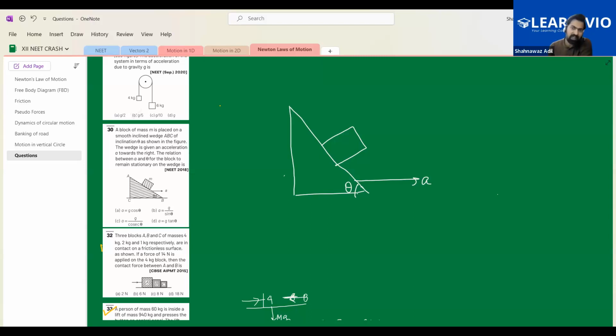We have to use the idea of pseudo force. And we have seen that F pseudo is simply mass into acceleration the other side. So this is the mass which we are observing, the mass of the block. If we consider this F pseudo, then we'll recover this acceleration. Because acceleration is to the right-hand side, F pseudo would be in this direction. That is F pseudo, and we know this is mg,